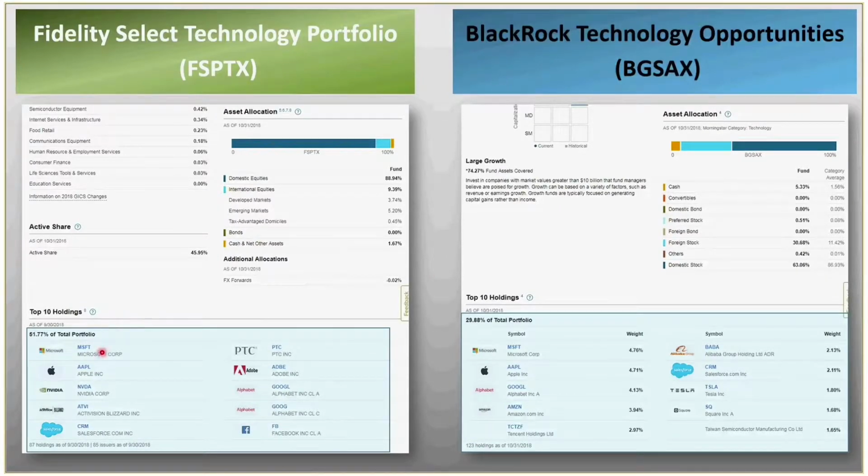And so over here, we can see that the top 10 holdings make up 52%, and there's 87 securities that make up this portfolio. Now, when we look at the BlackRock, we can see that the top 10 make up 30%, and there's 123 securities that are being held with this mutual fund. So one of the things you'll notice is this 30% is significantly lower than the 52 over here. When you look at Microsoft, the weighting is